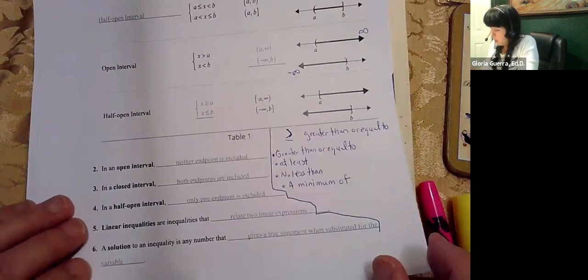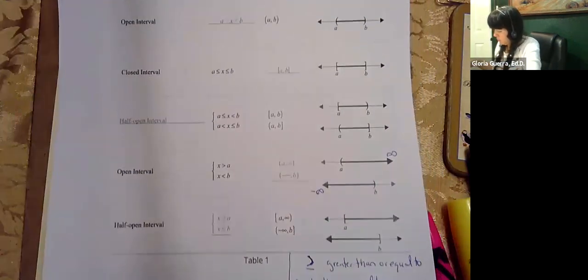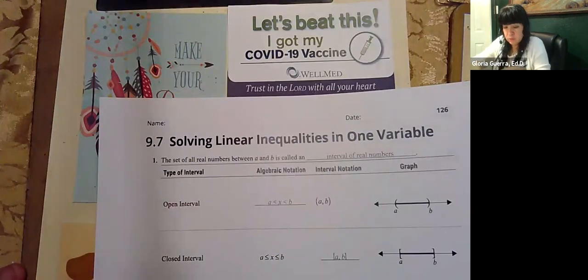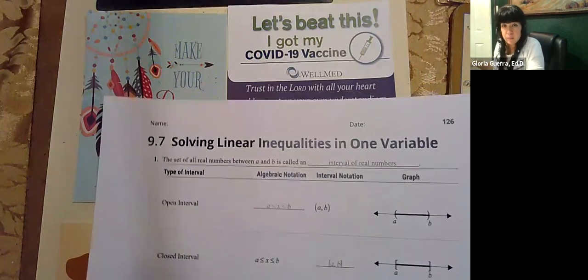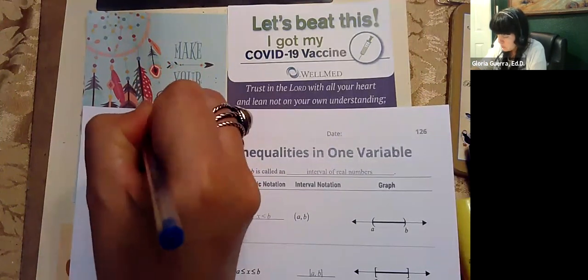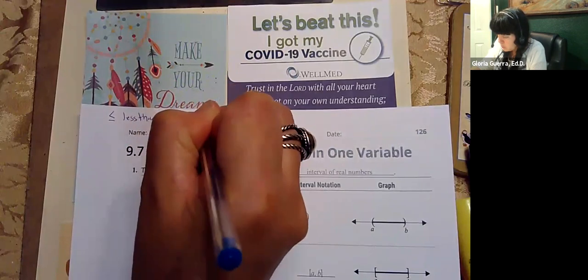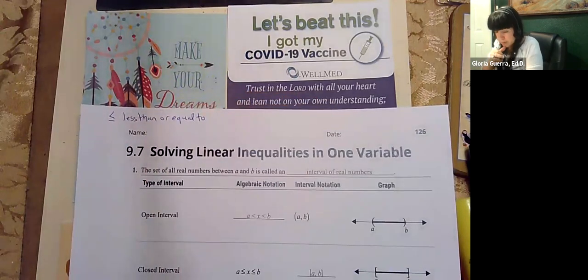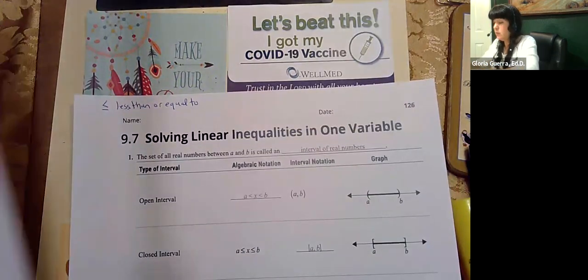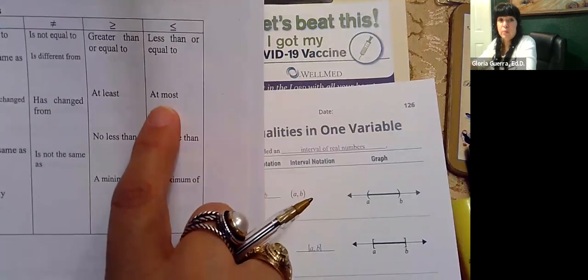Okay. And what I could do is somewhere on the side, maybe at the top for the other one, do less than or equal to. So here at the top, that's less than or equal to. So that would be, okay, well, that's the first one, less than or equal to. So I already wrote that. At most,